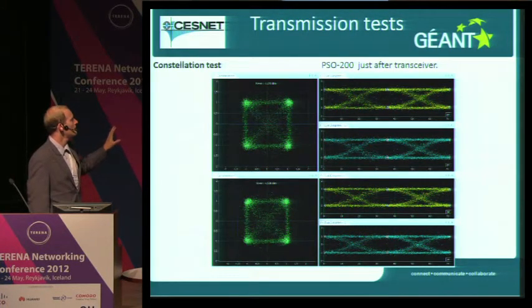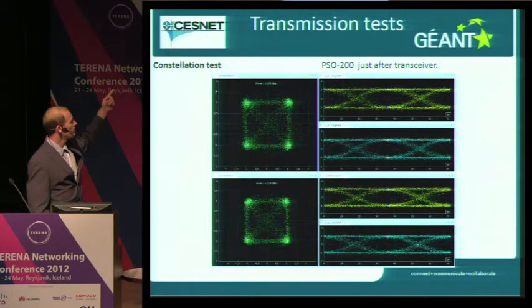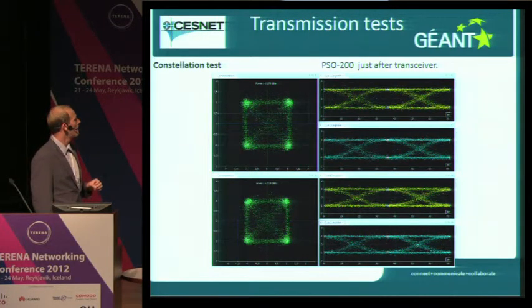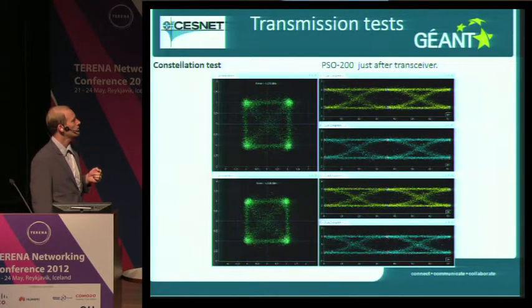So here you can see the analysis of dual polarization quadrature phase shift keying, which is the 100G modulation used by Alcatel-Lucent. The data are transferred in two polarizations, orthogonal to each other. We can see one polarization in the upper part and the other in the lower part. Each of these polarizations has quadrature phase shift keying modulation, represented on the complex plane by 4 points. Then you can also see the eye diagram of the in-phase and quadrature parts of the signal or of the modulation.